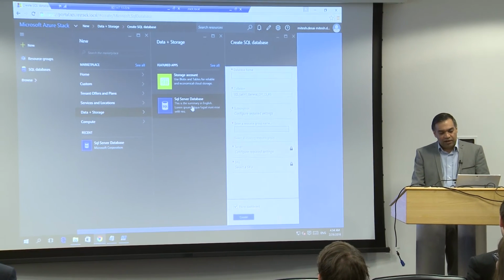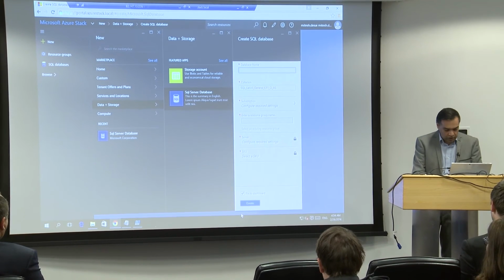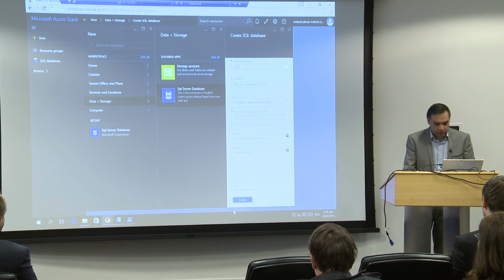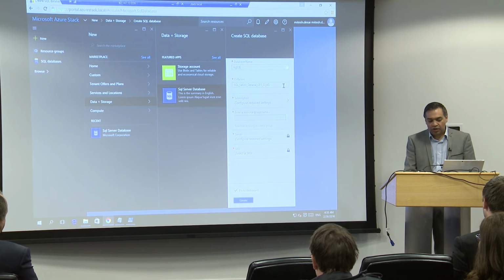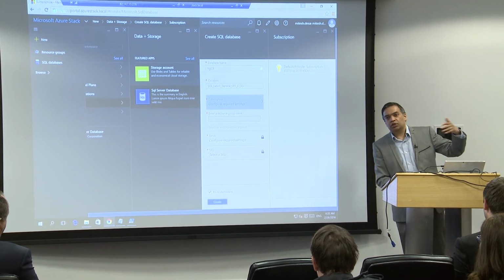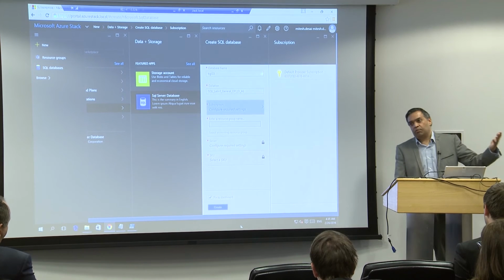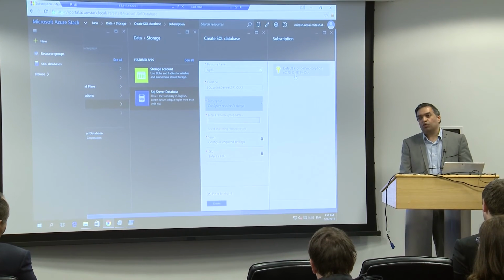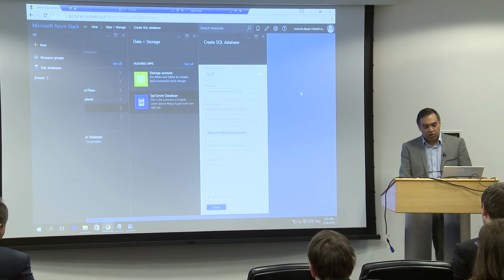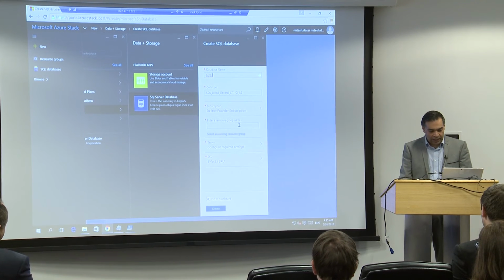So this allows me to create a SQL server. I'll just make sure I don't name it the same as something else. So I give it a database name, the correlation, and I pick a subscription. If this was getting consumed on the Azure tenant on the public cloud, you'd pick your pay-as-you-go or whichever subscription you've got. There's a default subscription that's linked to my tenant online, so I'll pick that.